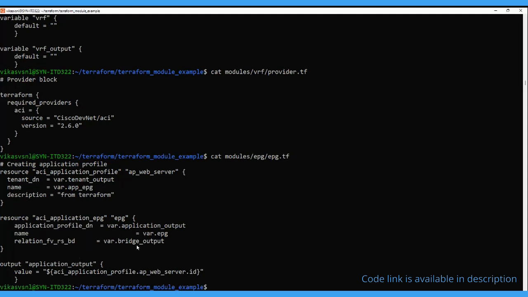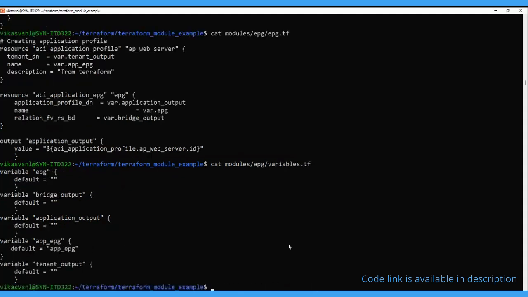Okay, here we are establishing the relation with the bridge domain, and after that I am generating the application output, and that will be required under that EPG. Then we can check the variables here. Most of the variables are default only. For this application EPG, I'm putting the name application EPG. In the provider block we have an